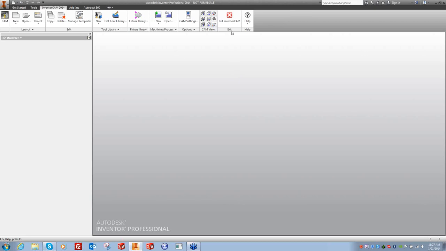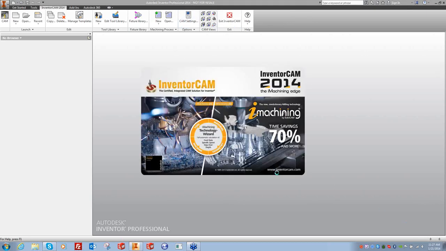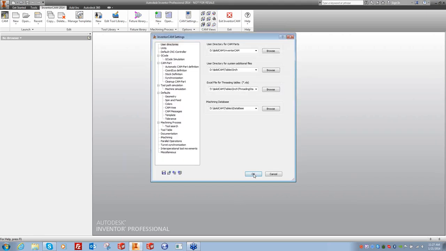What I would suggest doing is exiting InventorCAM and then loading the CAM settings again, meaning restart it, because then on your first CAM project, it'll use all those. If you just started a CAM project without closing it and opening it again, it would have used the old ones because it needed to be reread. So